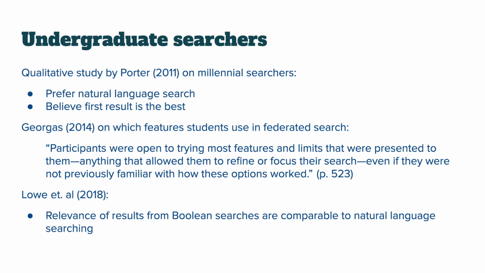So looking specifically at undergraduate students, what I found is pretty similar to web users in general. When it comes to database searching, there is a preference still for natural language search and this belief that the first result is best. Georges in 2014 had a study about comparing students' preferences for the library's federated search tool with Google,